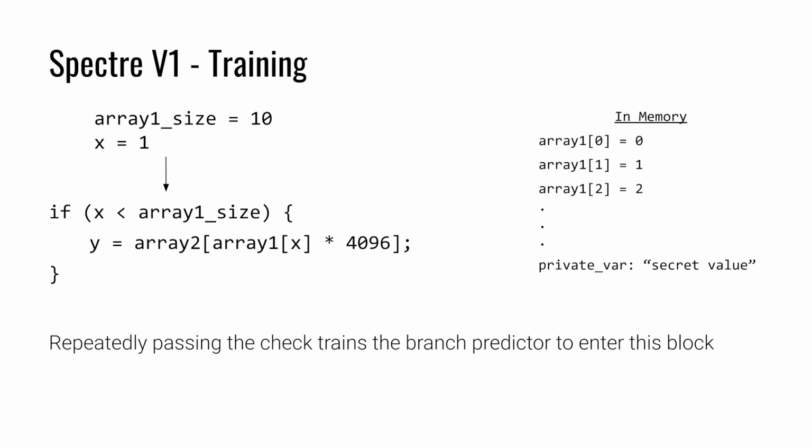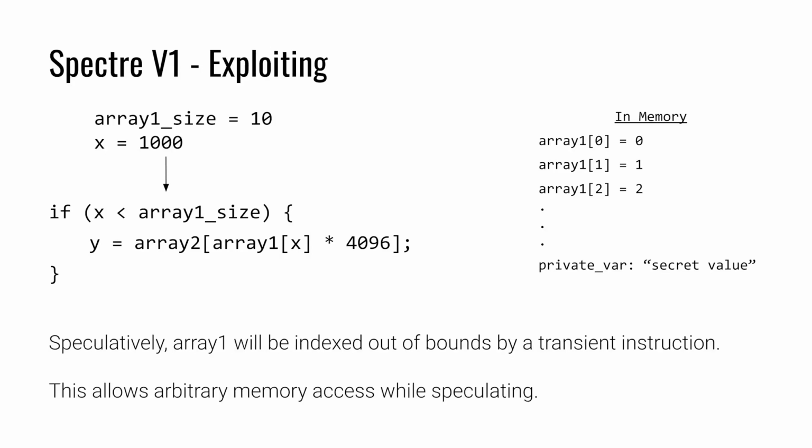Once the branch predictor has established this pattern of always running this inner block of code, if speculation occurs with an invalid value, then array 1 will be accessed with an invalid index, resulting in an out-of-bounds memory access into transient instructions. So if during normal execution we have array 1 of x, that value could be, for instance, 0, 1, or 2, as we see on the right-hand side. But if we give it a very large x, like x equals 1,000, this could be far beyond the bounds of the array